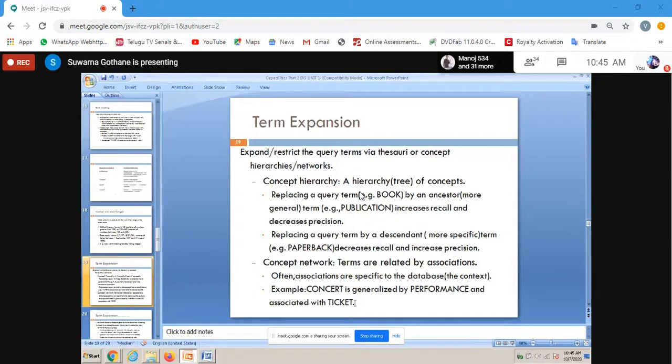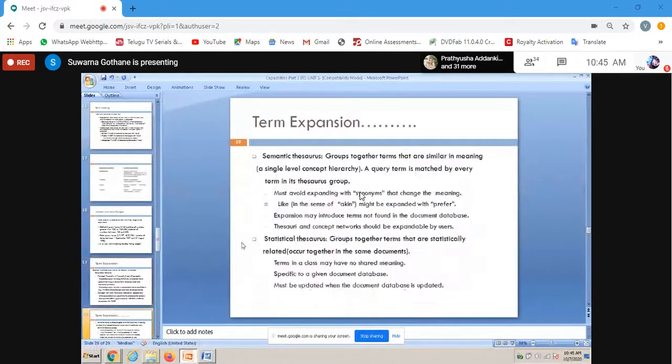More examples will make it clear. So term expansion is possible with the help of hierarchical representation or with the help of association. Or more precisely, term expansion